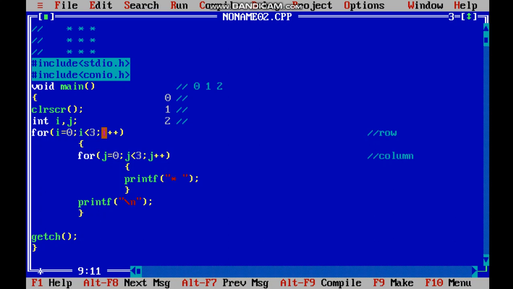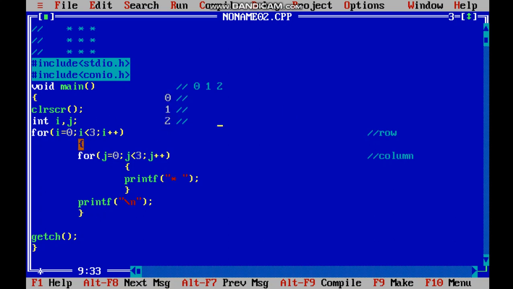As I told, the outer loop works row wise. It will give us 3 rows, because this loop will run 3 times, rows 0, 1 and 2. This blank is the place where we will get our result. For now we are using these 3 rows.